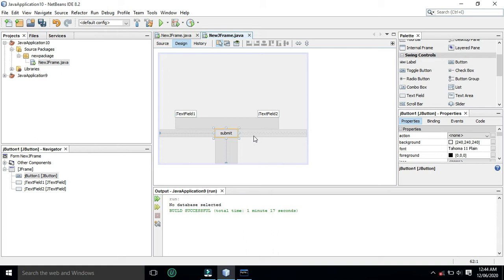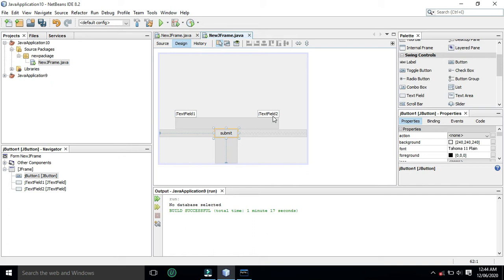Why? Because we want whatever value is entered by the user within the text box at runtime to get inserted into employee table. Means we don't want to enter dummy values to be inserted into employee table.